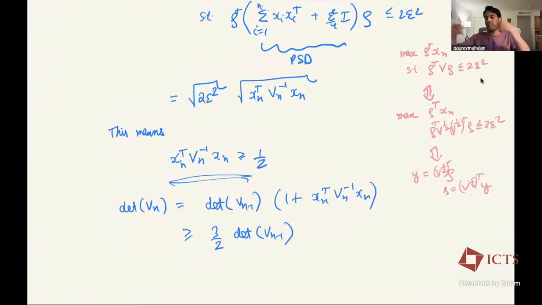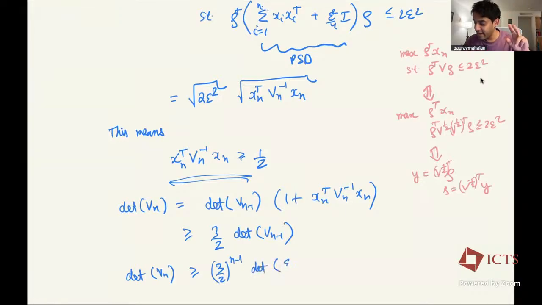Okay, and if you do this recursively, it basically says the determinant of Vn is more than 3/2 to the power n minus 1 times the determinant of epsilon squared over 4 times identity, which was our scale. And so, the determinant is the product of eigenvalues. So this is just